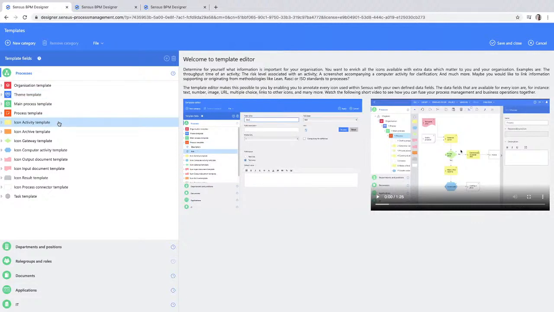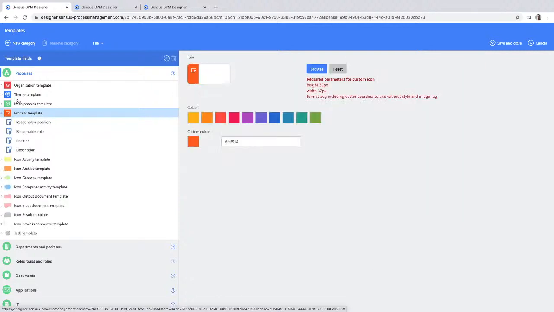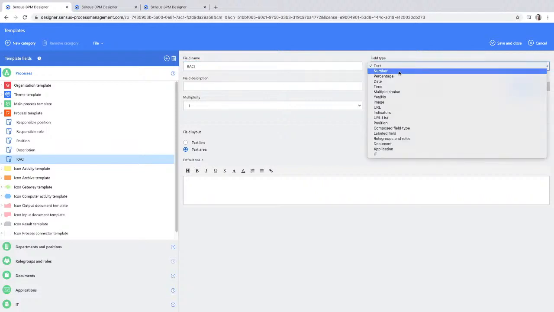a good idea. Now, a lot of our customers want to make a rating matrix on process level, and I will show you now how easy it is to do. When I want to make changes to an icon, I can select the icon, and then I can say, I want to add a new information field. Now, I said I want to make a rating matrix, so who is responsible, who is accountable, who is a consultant, who is informed. Then at the right side here, I can